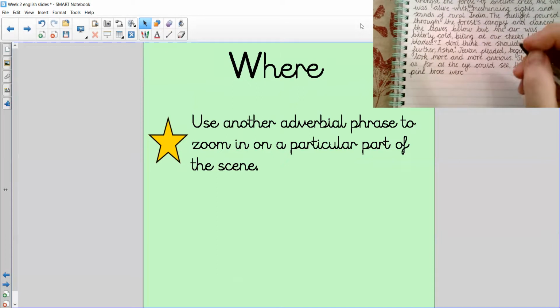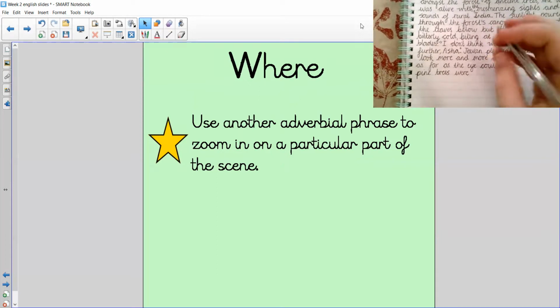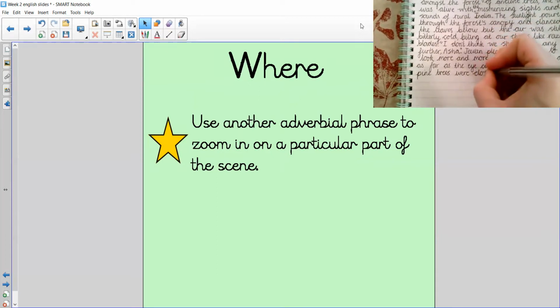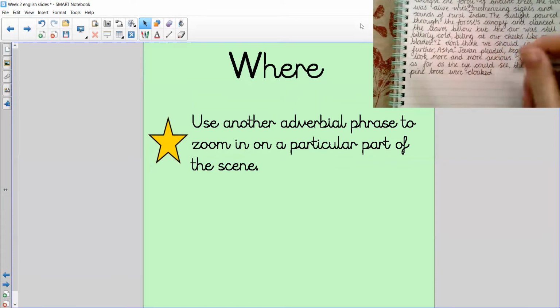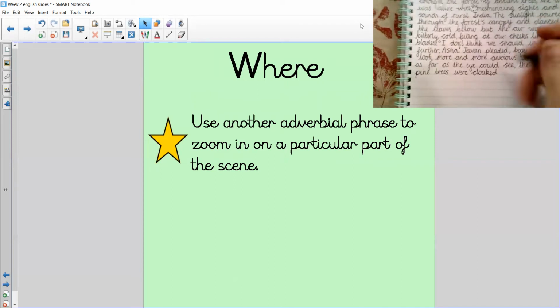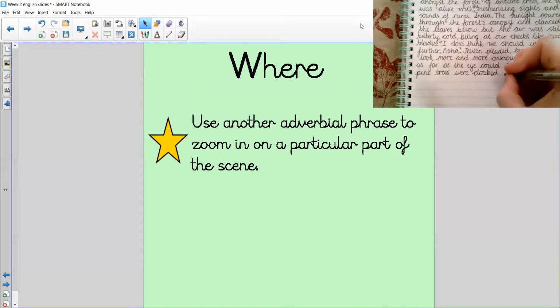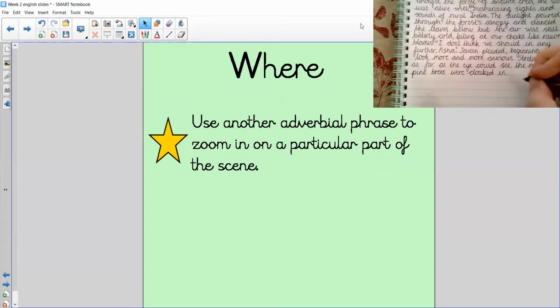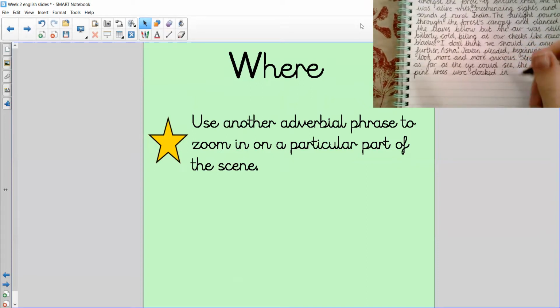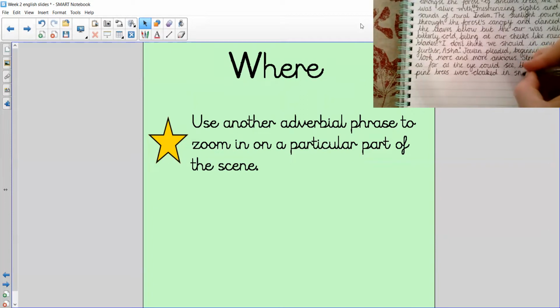Now in my descriptosaurus, I saw this word cloaked in this phrase, cloaked in snow. So I'm going to use that one. Just a little bit of an up level than covered in snow. It kind of personifies them a little bit because it's making us think that they're like people wearing cloaks. They were cloaked in snow.